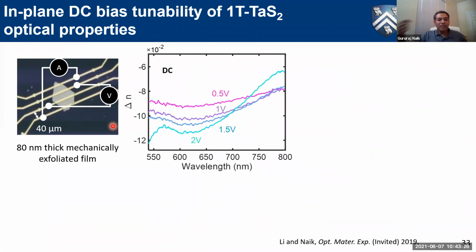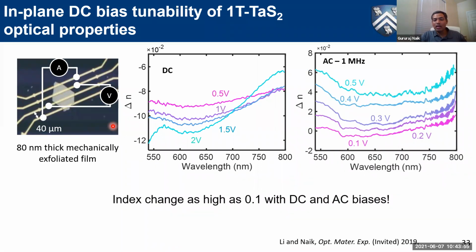What we saw was the refractive index changed, and it changed nearly up to the first decimal place, which is huge. And we were extremely surprised. Why do we see such a huge change in visible frequencies? Okay, that's quite a high photon energy when compared to, for example, the CDW band gap. Charge ordering gives rise to a band gap which is about 200 millielectron volt in this material. So why do we see such a big change in visible frequencies? Okay, and with AC bias, we again saw something similar, a change on the order of 0.1 index change, and for even just a bias of 0.5 volt, this is an amplitude of 0.5 volt AC. So why do we see this? This was very surprising to us.